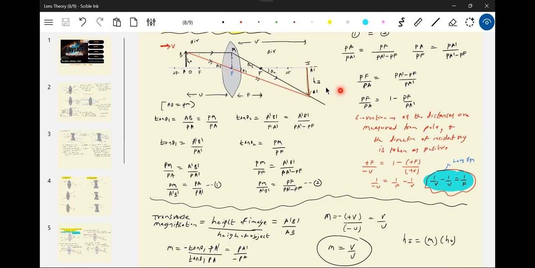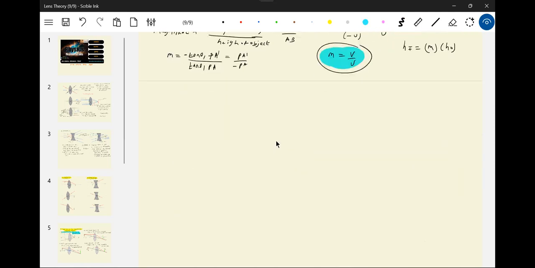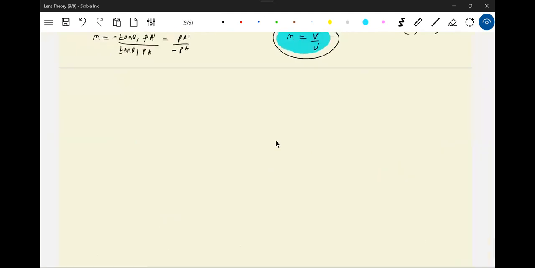These are the two fundamental things we'll use in almost every numerical, which you have to remember. Now, after learning this, we'll come back to the